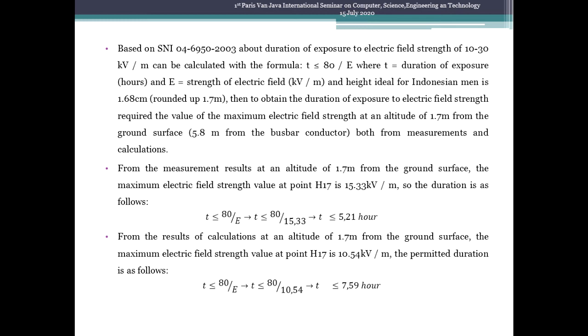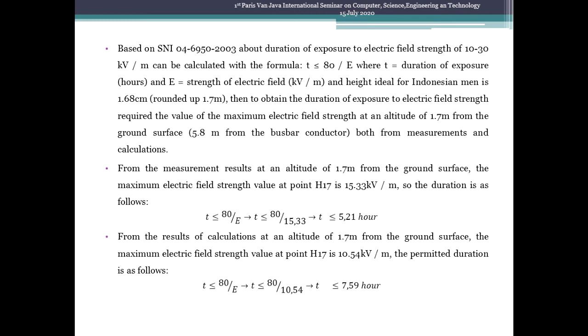So we can use this example to calculate the measurement. From the measurement result, at an altitude of 1.7 meter from the ground surface, the maximum electric field strength value at point H70 is 15.33 kV per meter. So the duration is as follows: